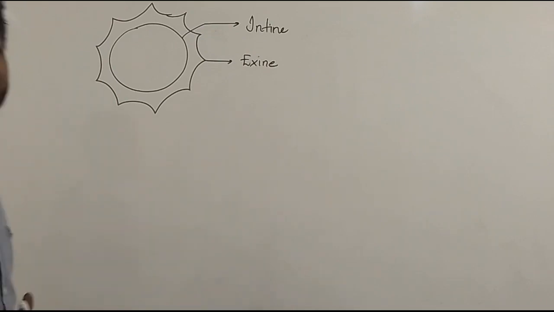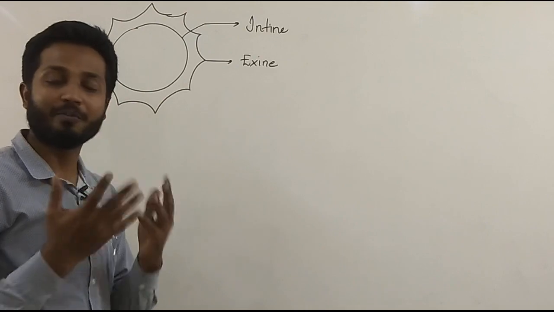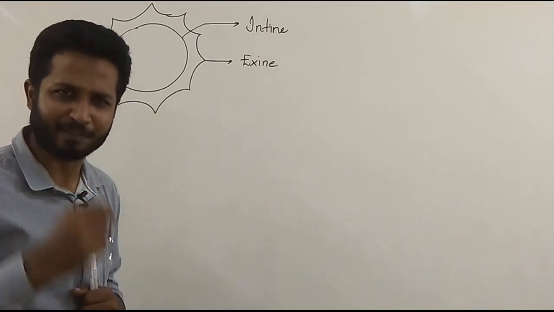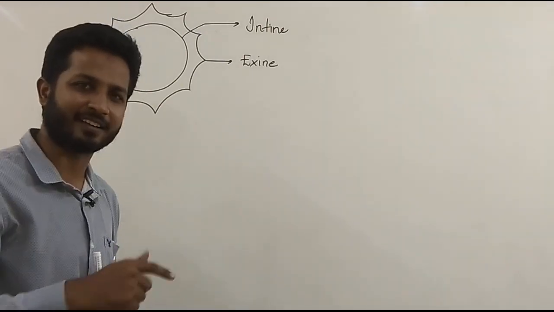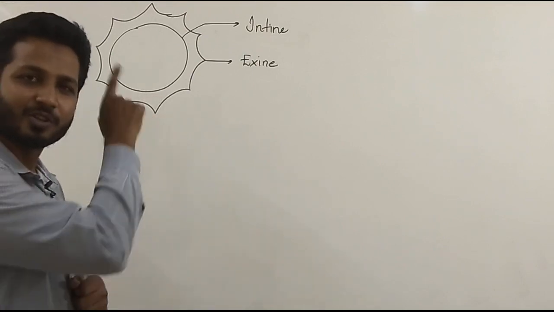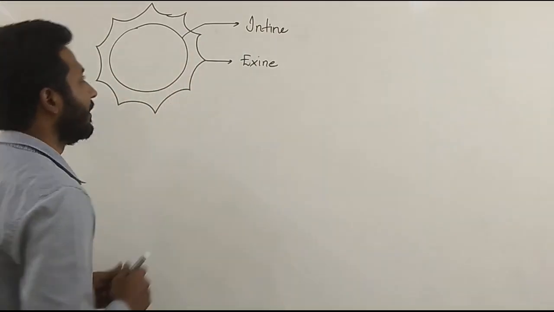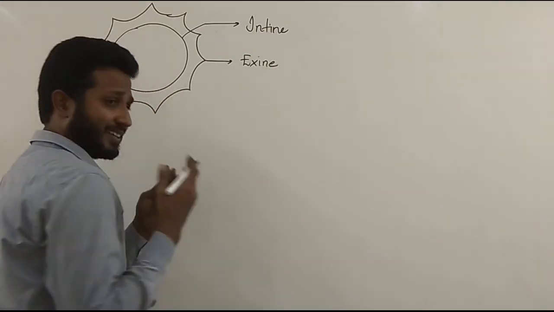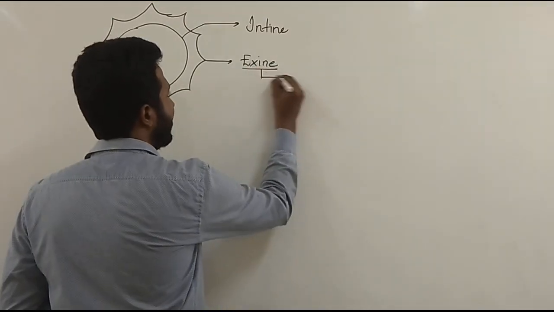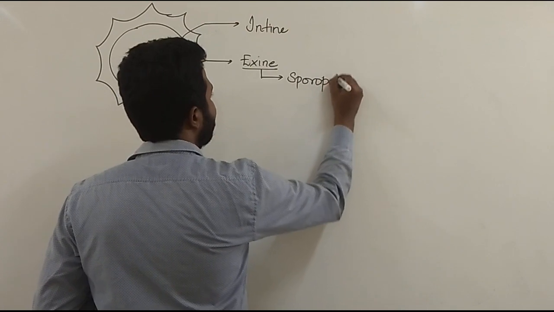The exine layer is also developed by tapetum. So many works are being done by a single layer. There are some people who are like that, multitasking, who do every work. So exine is also being formed by tapetum. Tapetum does many works. Now, what are the characteristics of the exine layer? This particular layer is made up of a chemical called sporopollenin.